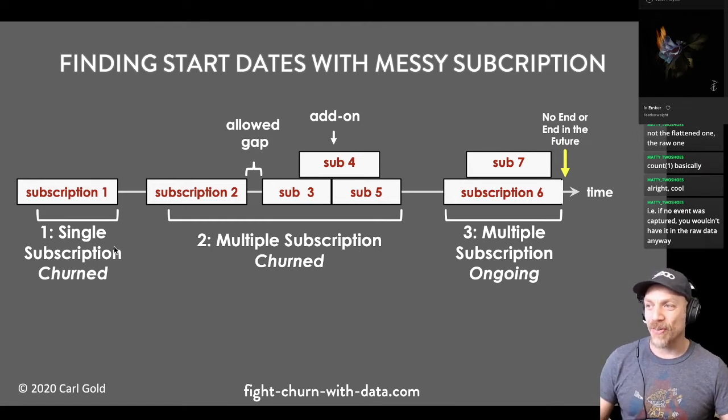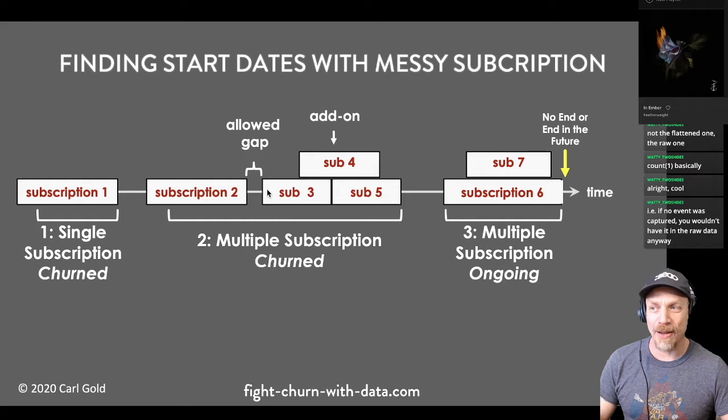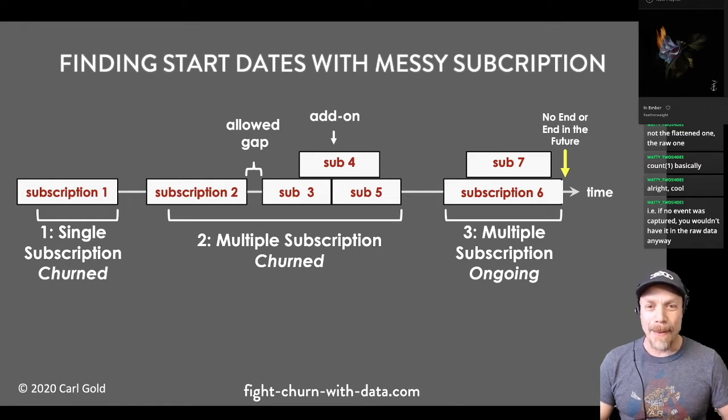So on the left is an example of a single subscription where the customer churned. Then this is an example in the middle where they had multiple subscriptions, but there might be a short gap between them. That's another example of what happens in messy subscriptions. Let's say the customer's payment card failed on their renewal, and then 2 days later your system canceled them, right? And then 2 or 3 days later, they corrected their card and signed up again. Now, we wouldn't call that a churn because their card was only inactive for a couple of days. But if you have a lot of stuff like that in your database, it can mess things up.